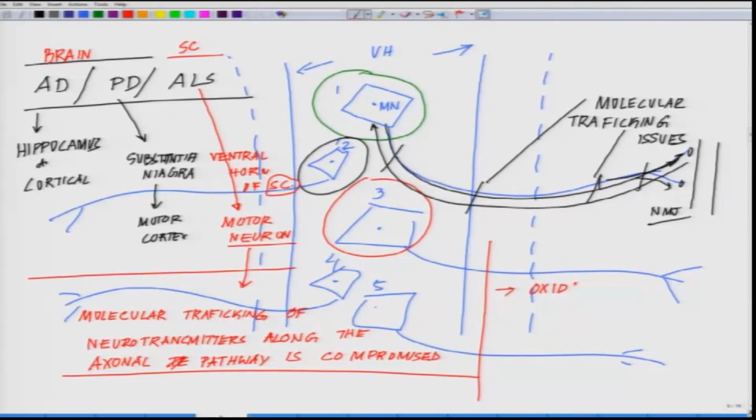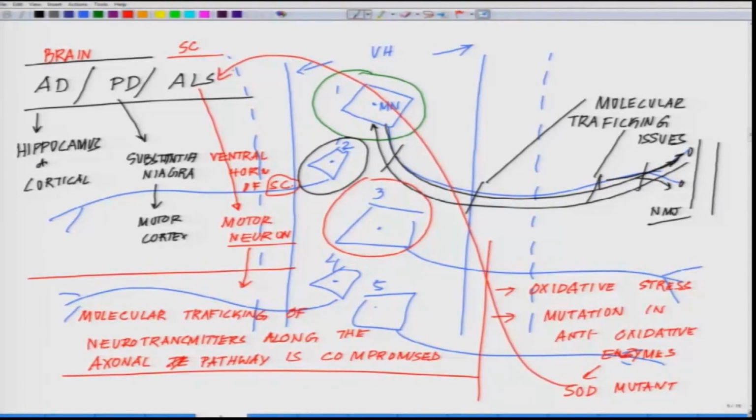There is a school of thought which believes these are oxidative stress related. There is evidence of mutation in anti-oxidative enzymes. At least one classic example is the SOD mutant involved in ALS, but that only accounts for approximately 1% of the cases that we know of. But apart from it, there is one more aspect,